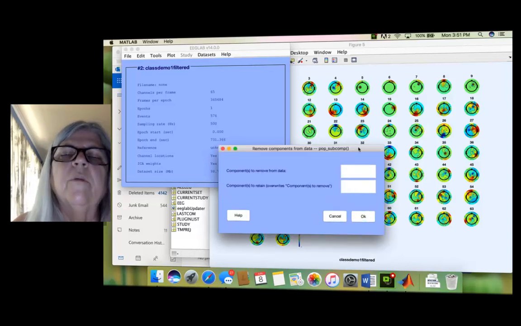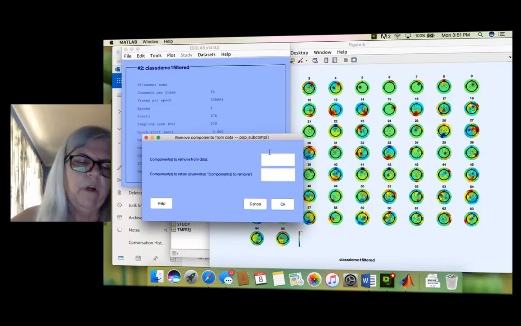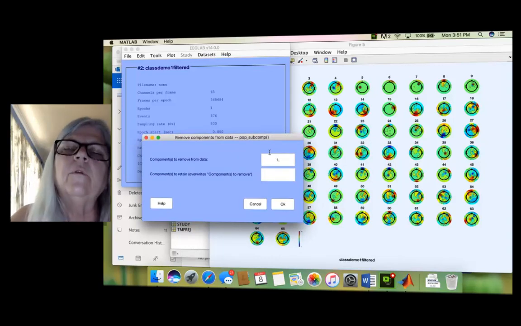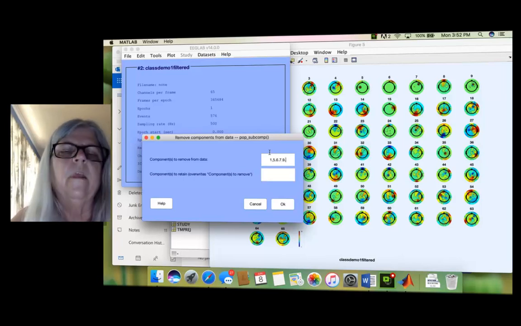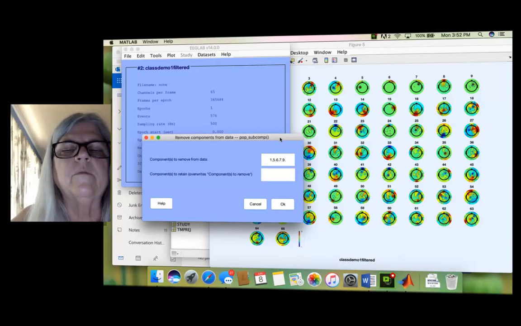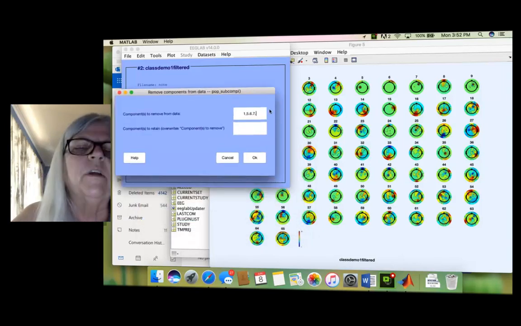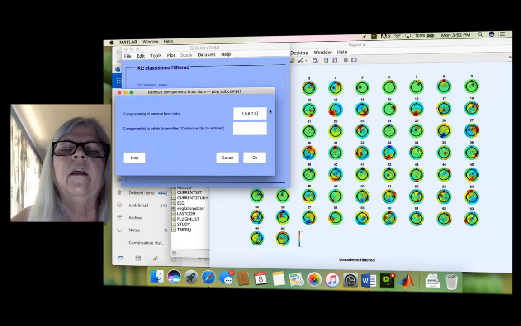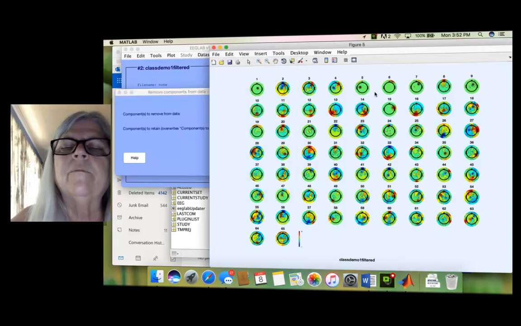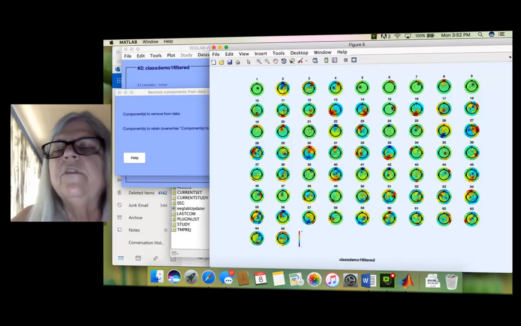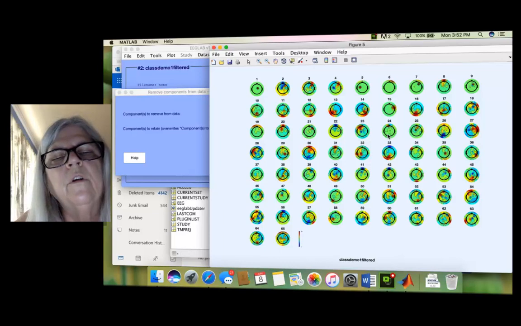So let's remove component 1. What did we say? 5, 6, 7, 9. And this is MATLAB syntax, so separation by, oh, sorry, that should be commas. 5, 6, 7, 9. And then we said, let's go ahead and say 15 and 24